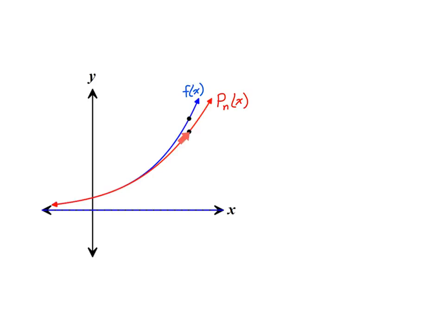And so we need to remember that this is simply an approximation. Now, the difference between the approximation and the actual value of the function, that is called your error, or the way we're going to refer to it is going to be your remainder,